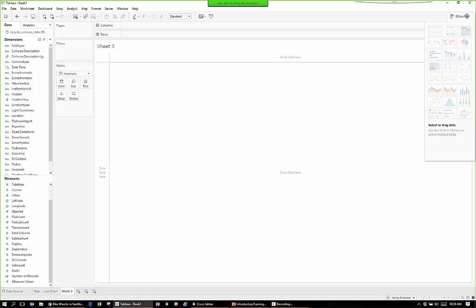This is a collection of sort of, I don't want to call them templates, but guidelines for different kinds of charts you can use within Tableau. And you'll see as I hover, it tells me how many dimensions and how many measures I need to create that chart. All right, so this is really helpful because sometimes you look at your data and you're like, oh,